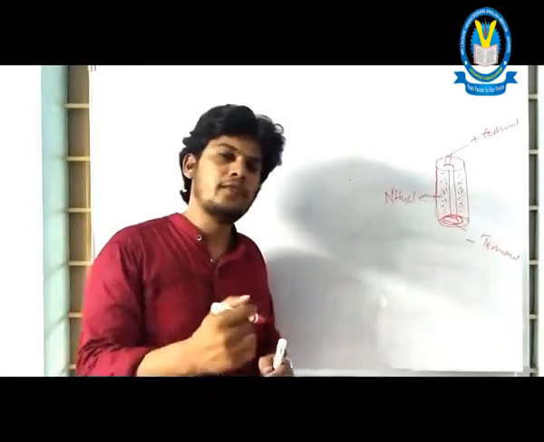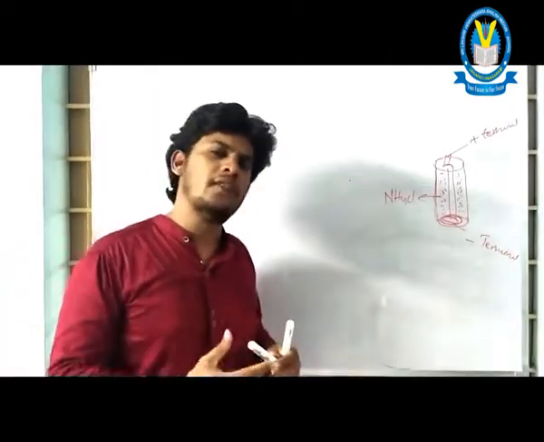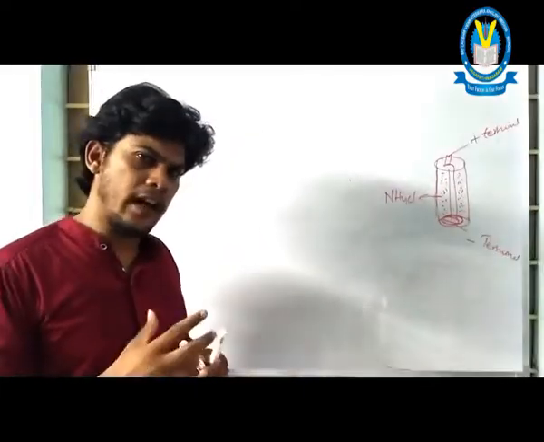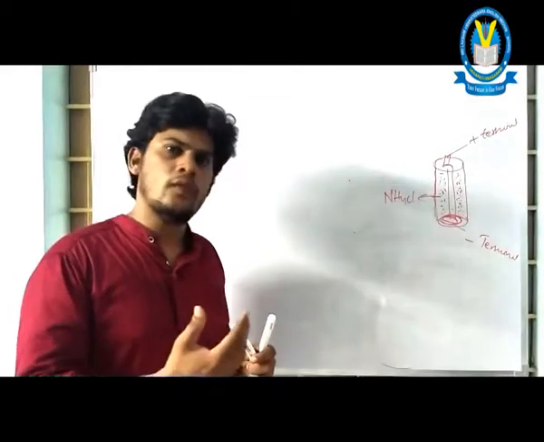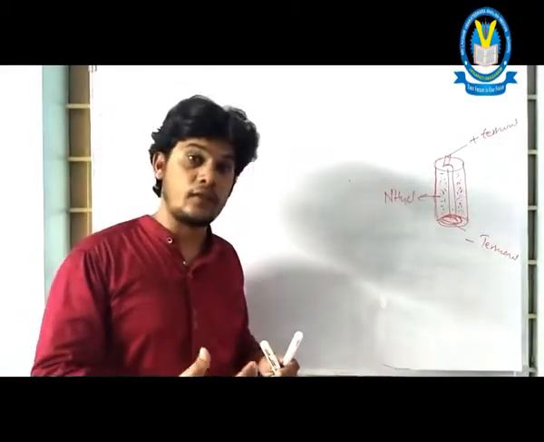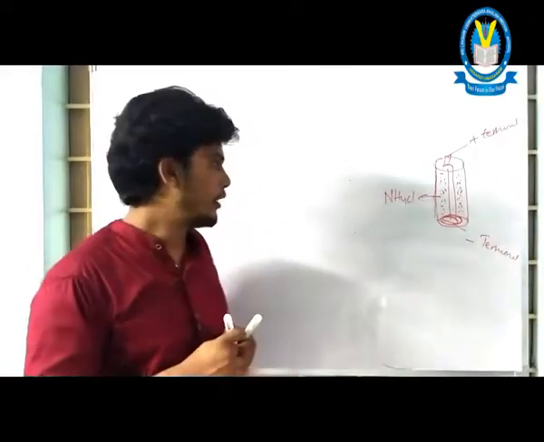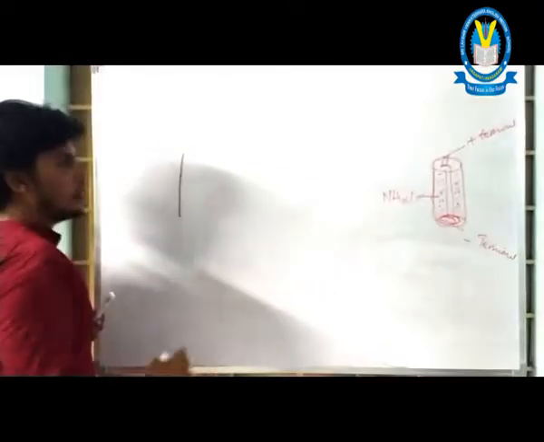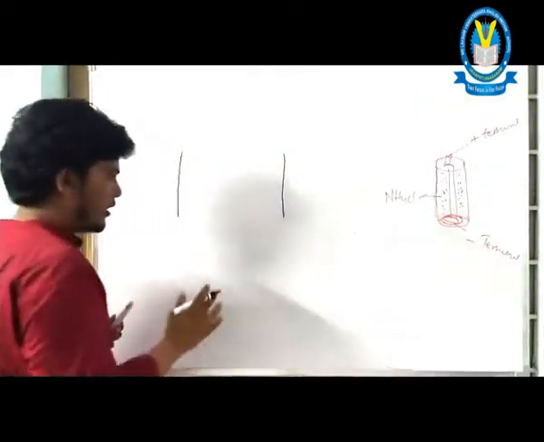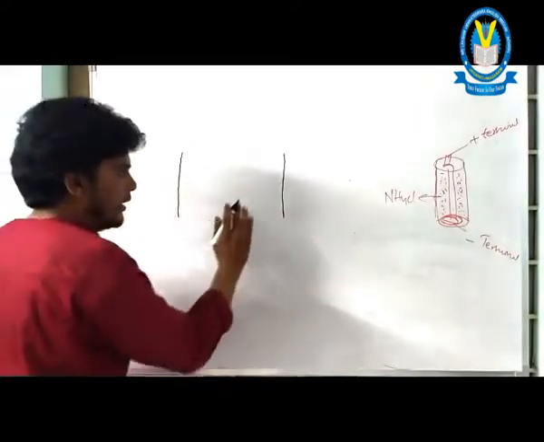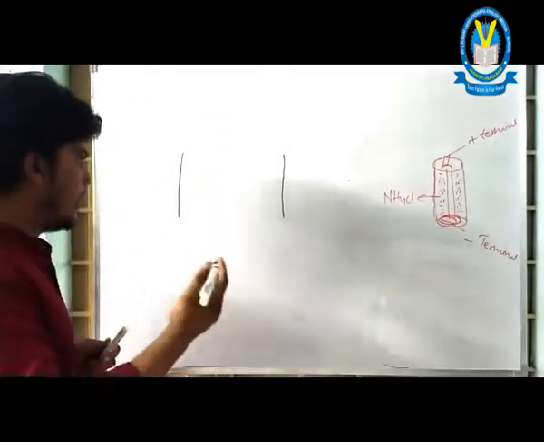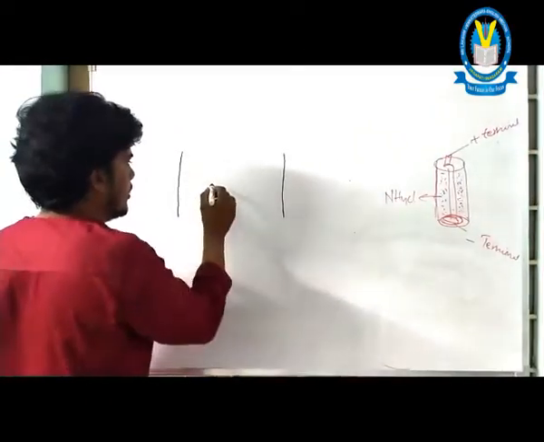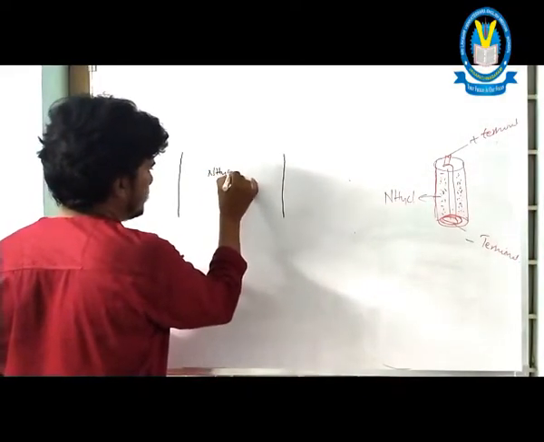Now, I would like to explain the working of a battery and the meaning of electromotive force. Listen carefully, I am going to tell about the way of working of the battery as well as electromotive force at a time. Just imagine this is one pole, and this is another pole of the battery. There are two terminals. At the center of the battery, there is a chemical like ammonium chloride.